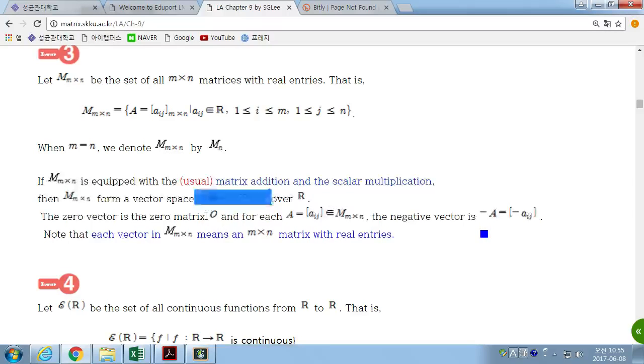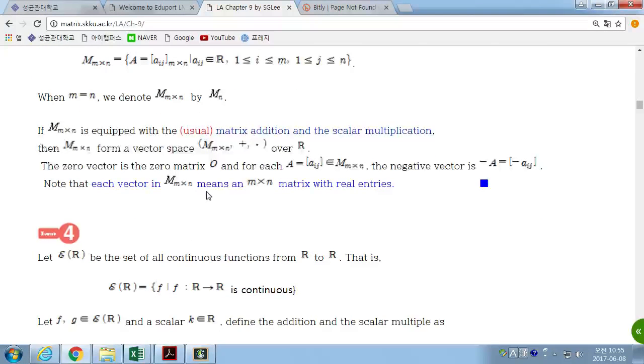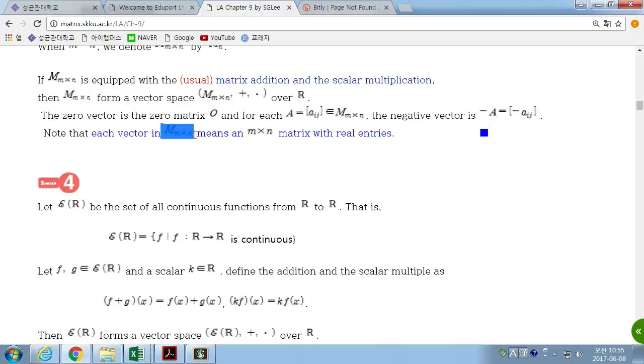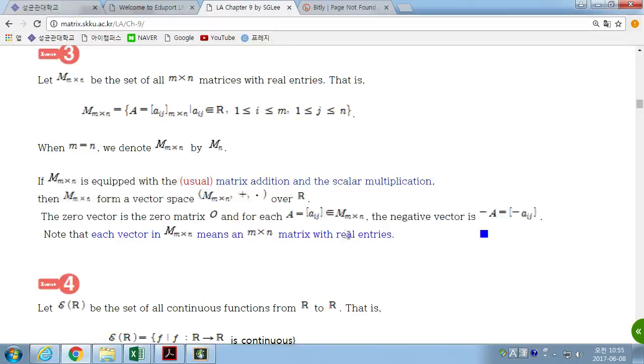In this vector space, the 0 matrix is the 0 vector, and negative A is the negative vector of the matrix A. Okay. When we write M sub n by n, that's the set of n by n matrices whose entries are all reals. When we say M sub n by n of C, that means the set of n by n matrices with complex entries. Here, these are real. If this is C, then we write C here instead of writing R.